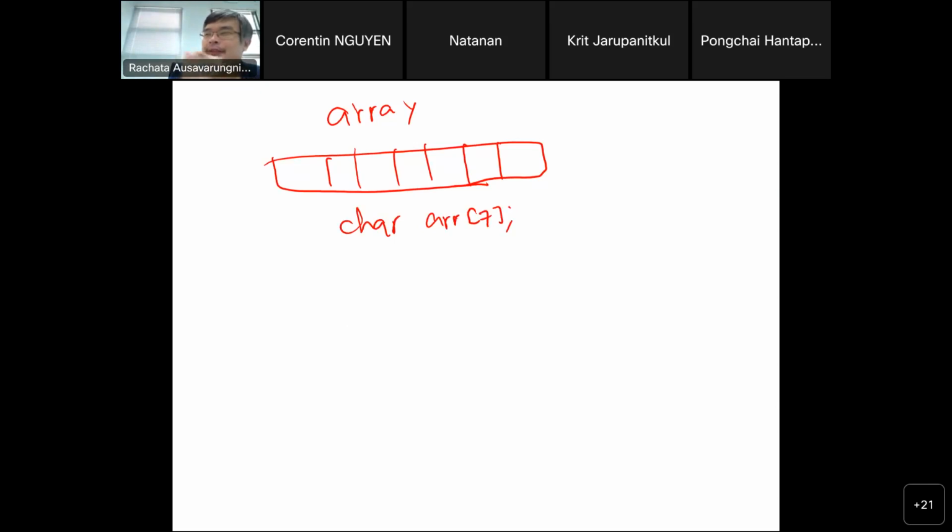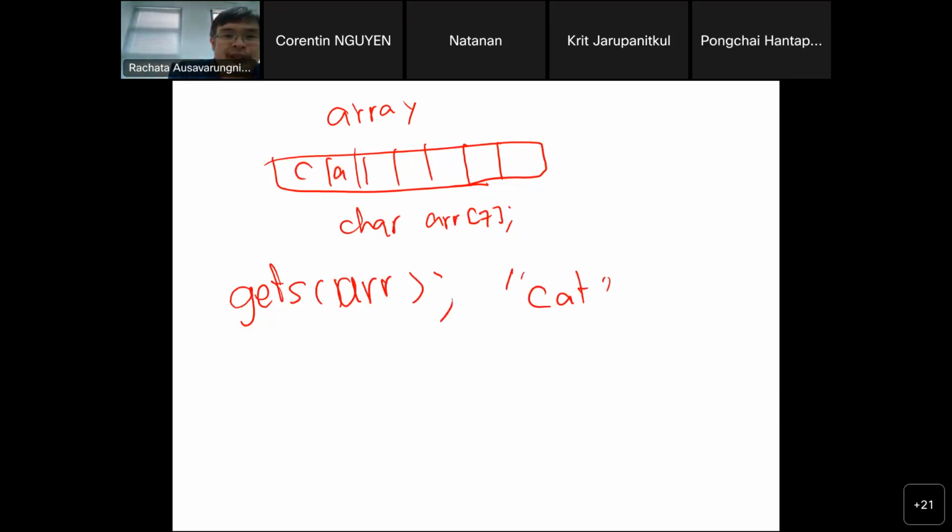Now, I can do things like gets. gets is a function that takes in the variable, in this case arr, and then waits for your input from the keyboard. For example, if I do gets and type in cat, then the CAT will be here, followed by \0, which is the value 0.